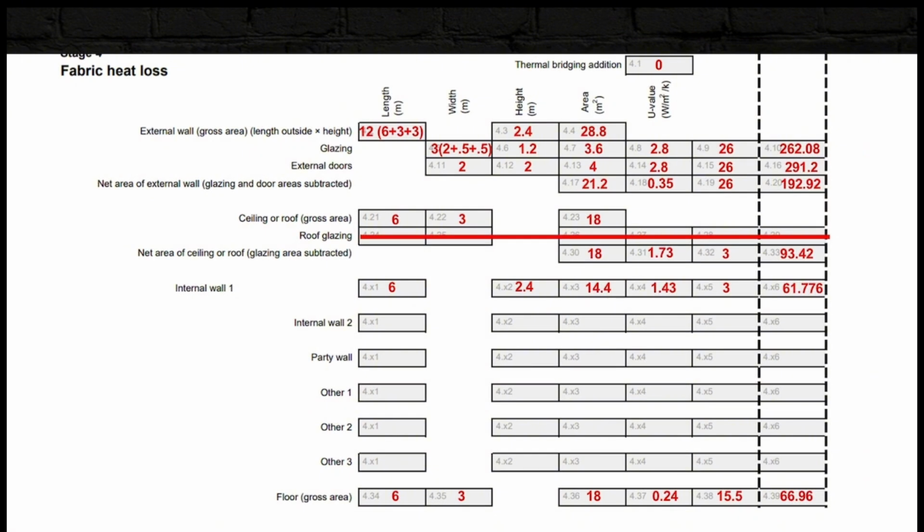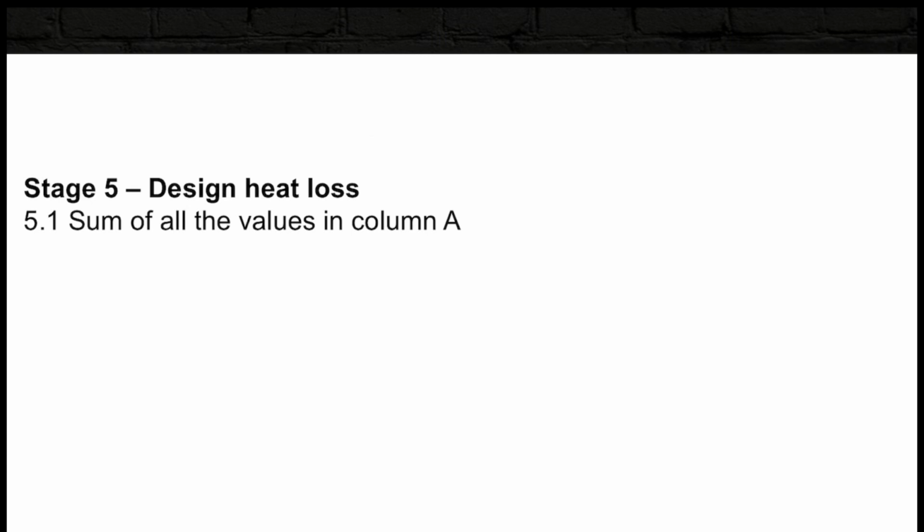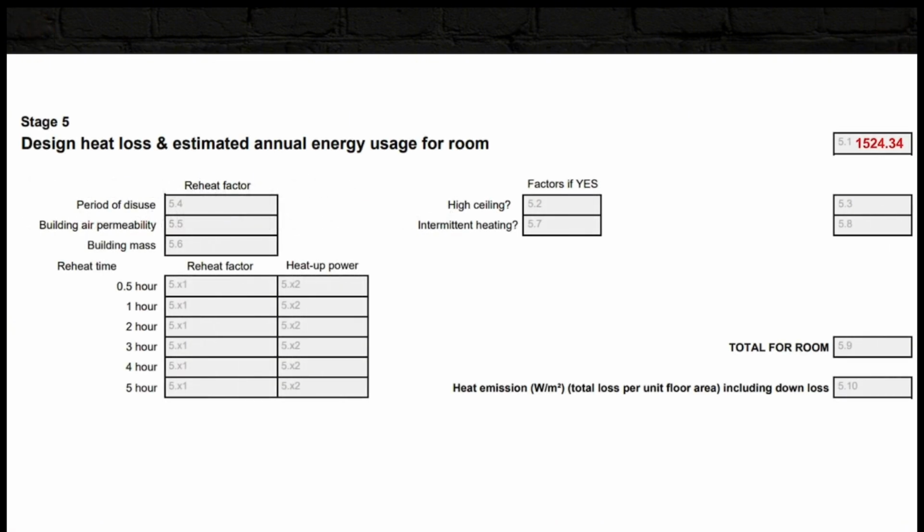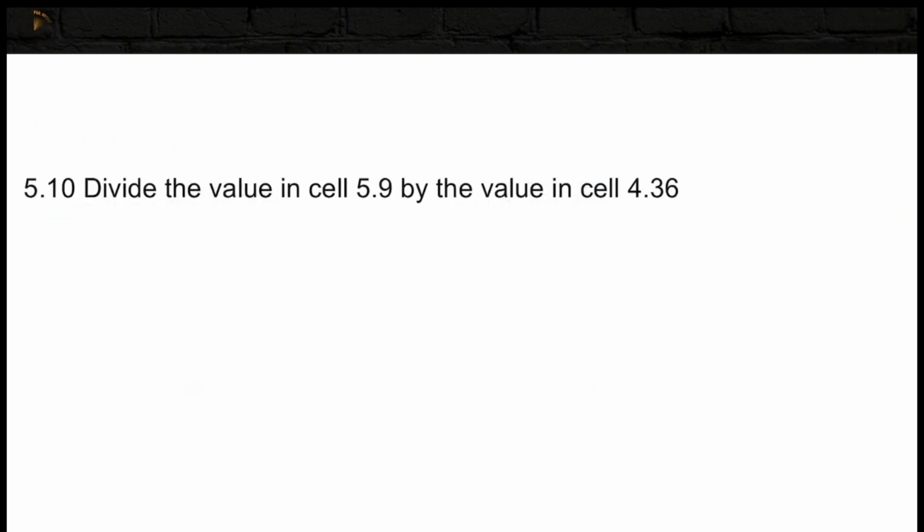So stage 5 is just putting all of the pieces together. Box 5.1 is the sum of all of the values in the far right column, including our ventilation losses from stage 3. That gives us a total energy loss for our living room of 1524.34 watts. So if we move that down to box 5.9,